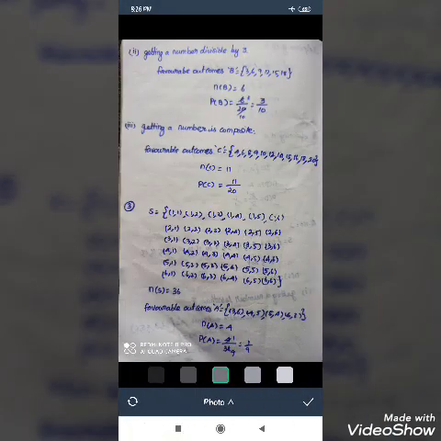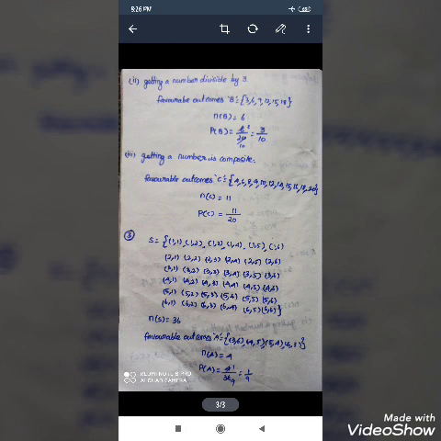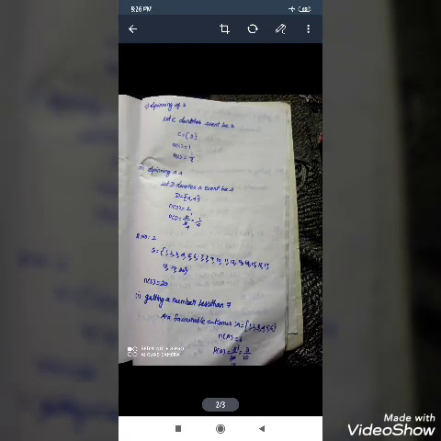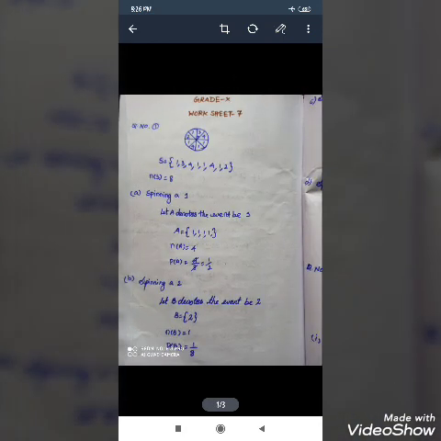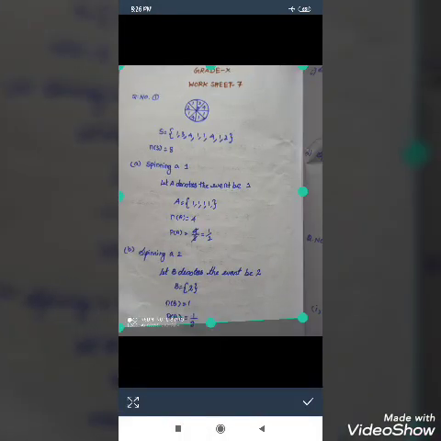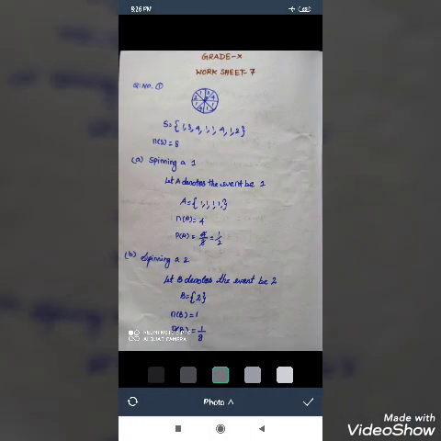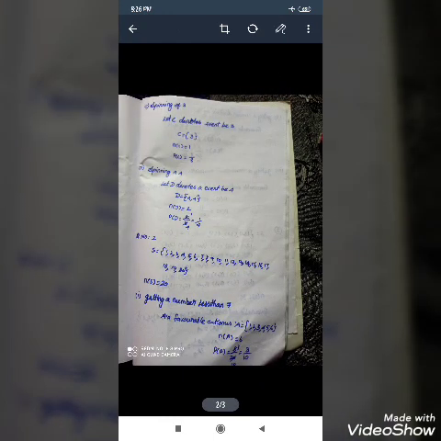You have to adjust and crop it, because some of the students send irregularly. So if we need, we have to use that crop option. Once everything is finished, finally we have to save this into Google Drive. So one by one, I will check each page and crop it. So the final page is there. I have to crop it.